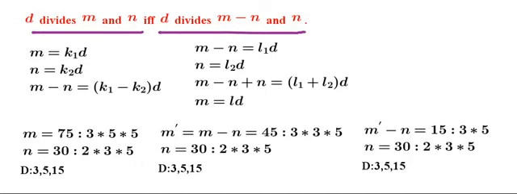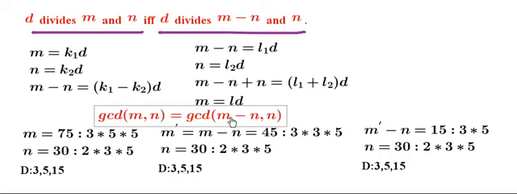Now the next question is, what is the use of this particular information? So the idea is the result is true for divisors. The same result is also true for greatest common divisors, and hence we can say that GCD of m comma n is nothing but GCD of m minus n comma n. So if you can observe here, then the greatest common divisor 15 will remain as it is. So now we have derived this particular nice recurrence with respect to GCD, but what is the termination criteria? So let's go one more iteration forward with respect to this example. So in the next iteration, what we'll do, we will subtract 15 from 30.